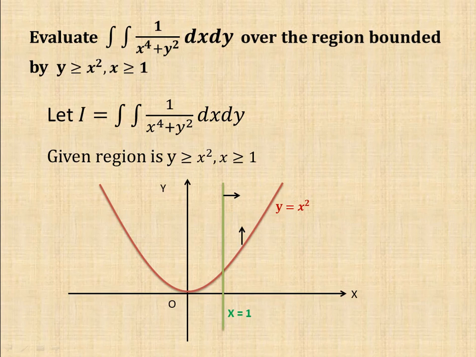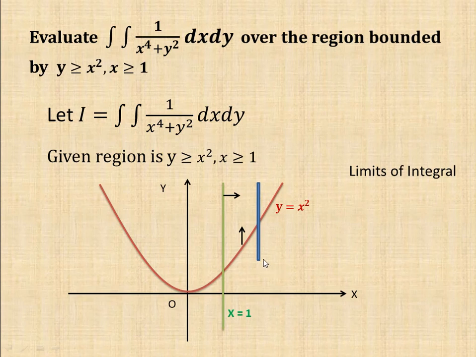Now let's decide. We will integrate with respect to y first. To integrate with respect to y, I will draw one rod parallel to y-axis. If you want to integrate with respect to x first, you will draw the rod parallel to x-axis. Next, our final aim is to find the limits of the integral. The bottom of the rod will give the lower limit of y and top of the rod will give the upper limit of y. And in case of x, the left corner of this region will give the lower limit of x and right will give the upper limit of x.